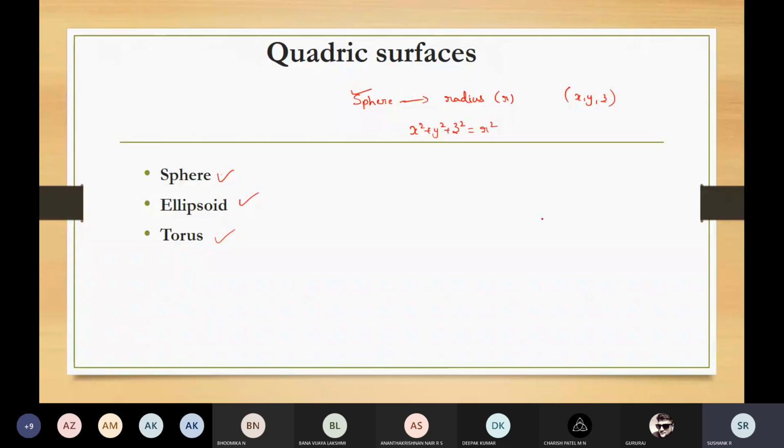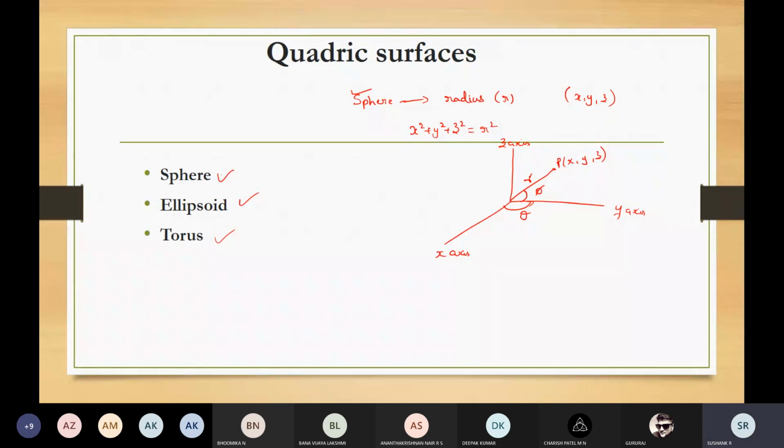So for example, this is the x-axis, y-axis, z-axis, and this is the radius, and this is the point which is represented by x, y, z. Now I'll call the angle between this point P and the y-axis as phi, and this angle as theta.